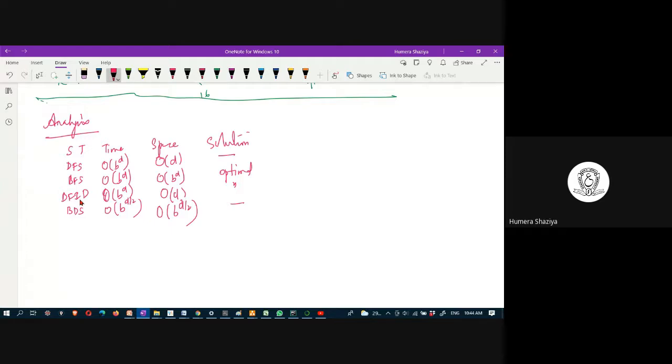BFS is O(B^D), breadth to the power of D. If breadth is 5 and depth is 4, it will be 5 to the power of 4. Suppose the goal node is found in the left section, then this would be just 8. This would be a 5 to the power of 4 memory requirement, because we have to store the nodes. This is O(D),